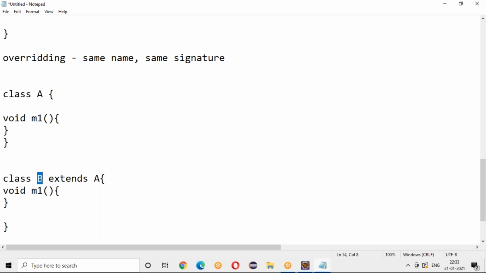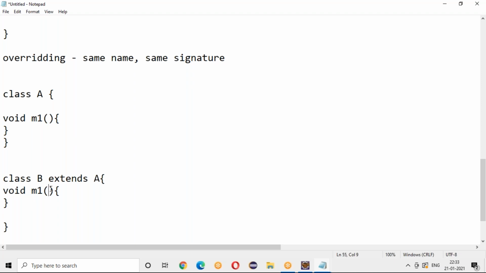And I have a class B extends A. So B is the child and A is the parent, right? Here I am doing overriding. I am writing the same void M1 method. So you see, return type is void, return type is void. M1, M1. How many parameters? Zero parameters, zero parameters.